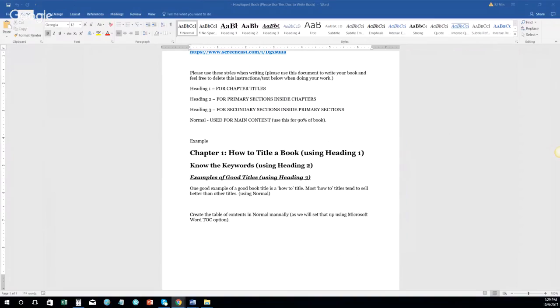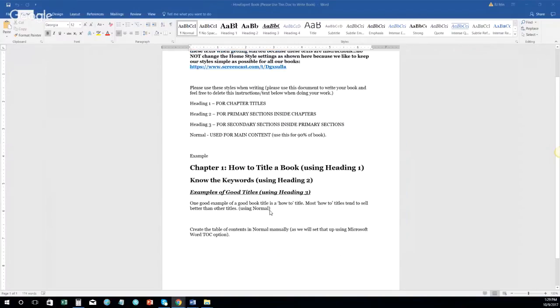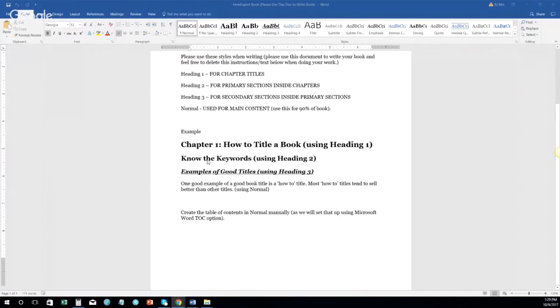Hello there. In this video, I want to show you how to format a book for a Kindle ebook, and also how to turn that into a CreateSpace paperback. This is the formatting description, basically how to do the formatting job. First of all, before we get started, I want to make sure when you open the document